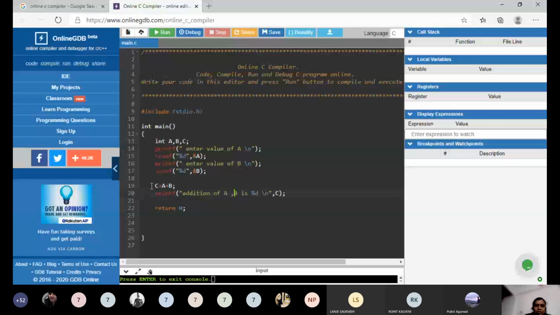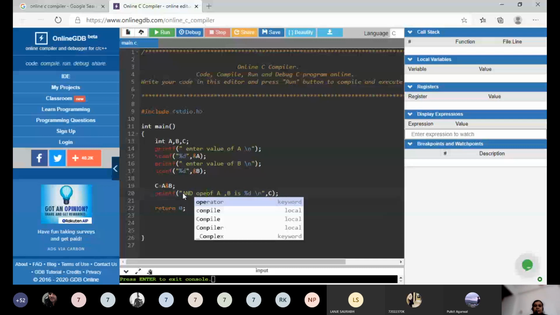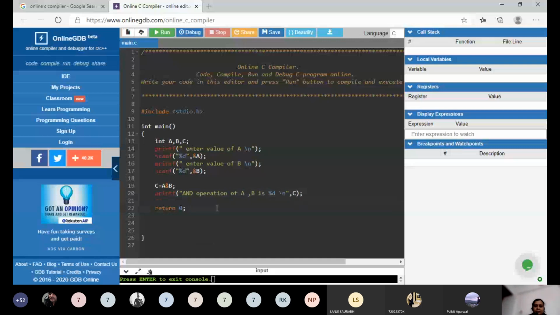Now here I will keep this as it is. You have to take the value of a from the user, you have to take the value of b from the user, and c equal to, I will use here ampersand. So what will it do? It will do the AND operation of a and b.